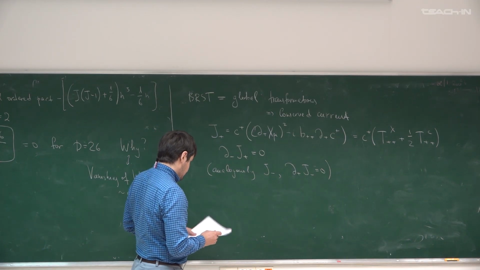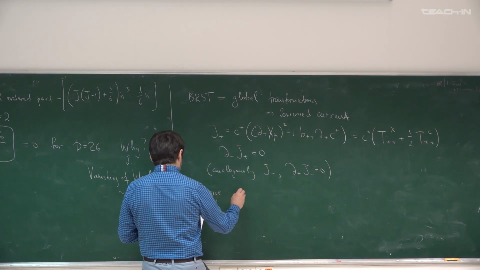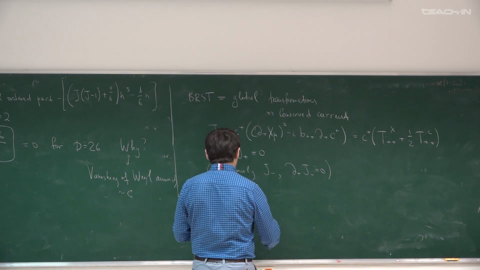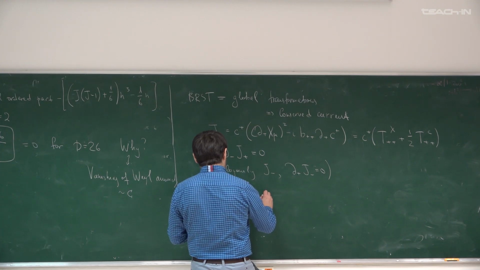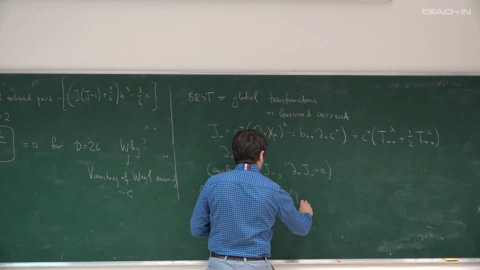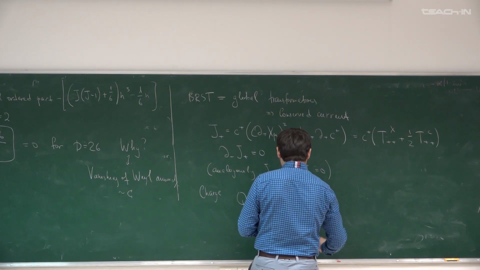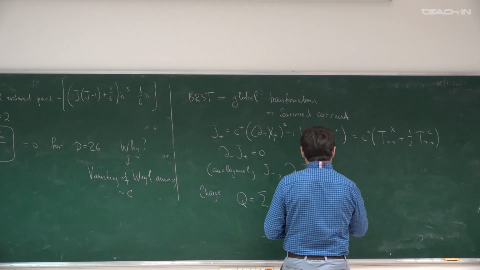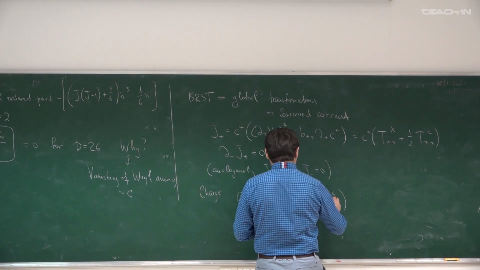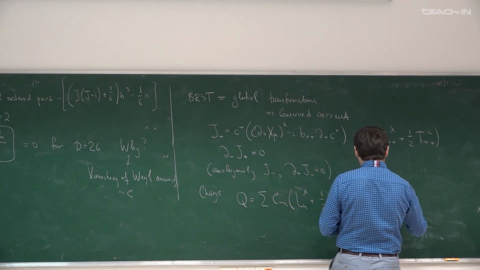The BRST charge has the form, C minus n L n tilde X, maybe let's just say L n C. It's L n C, so C minus n L n X plus 1/2